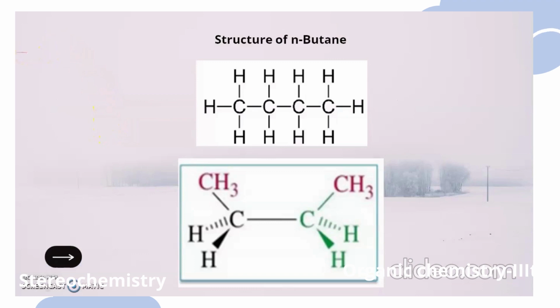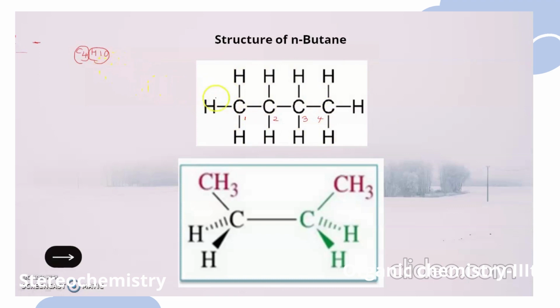Hope you remember the molecular formula of butane is C4H10. That is, there are 4 carbon atoms and 10 hydrogen atoms which are linearly arranged in this way, right? If we go for the numbering of carbons, 1, 2, 3 and 4, around that it is having 10 hydrogen atoms which corresponds to the molecular formula C4H10 of butane.